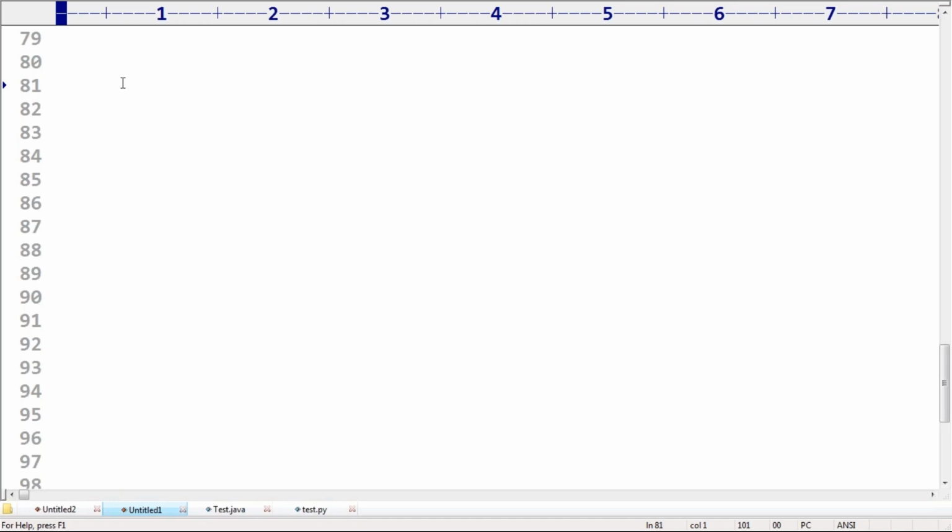February 20th, 1991. In 1995 Java came, but Python's official release to the public is February 20th, 1991. Remember that.